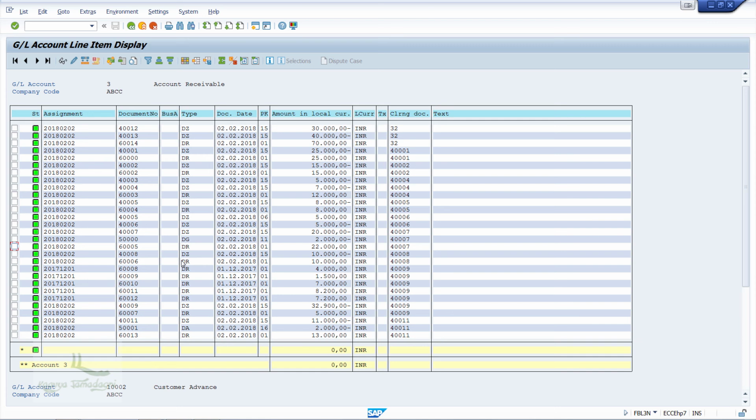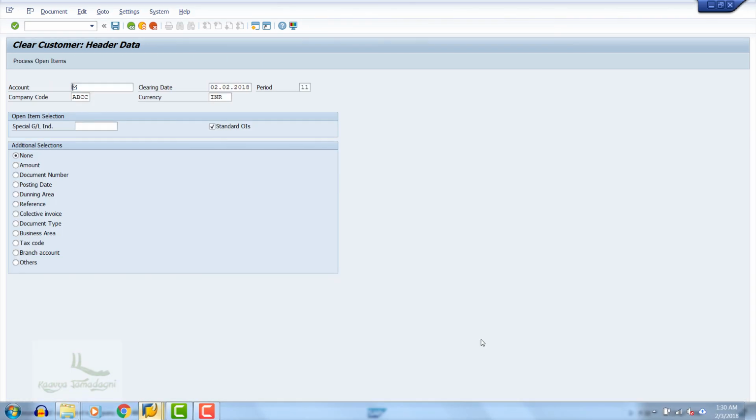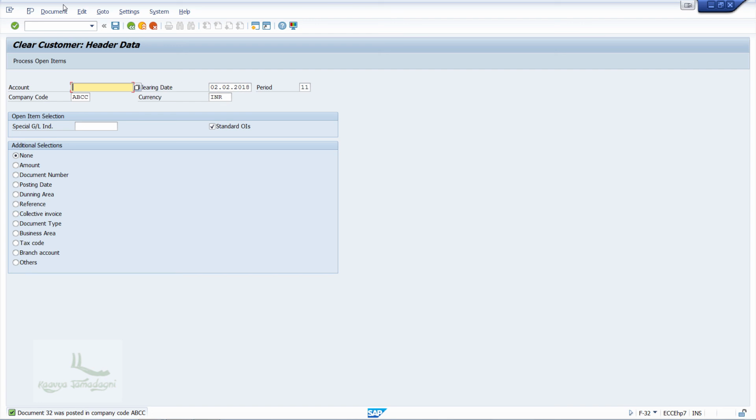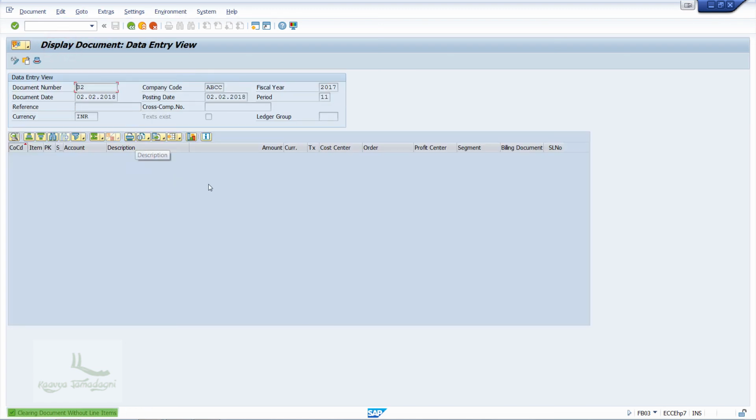Now, if you remember, there was a document which was created when we did the posting in the F-32 T code screen. Do you remember that? Yes. Now, let me just switch back to the F-32 screen, and here I'll just go to document and then click on display. As you can see, the entries here are blank. That means no new account entries are created. Only the blank document which is created to clear the existing account entries. In this way, we clear the accounting document.